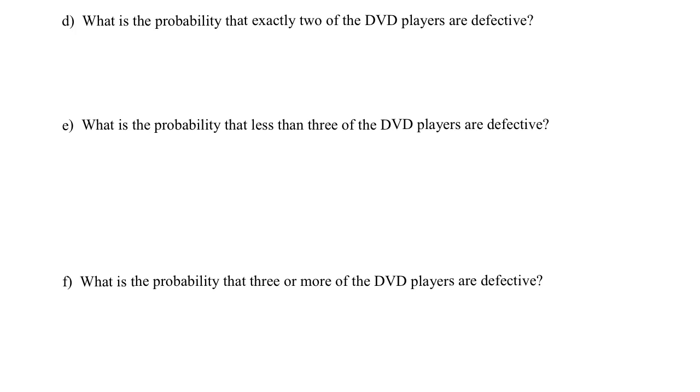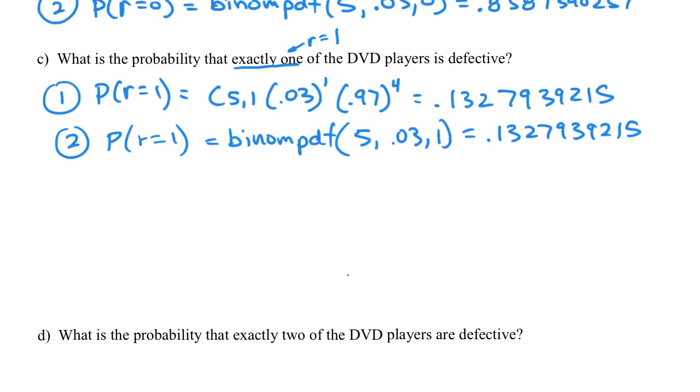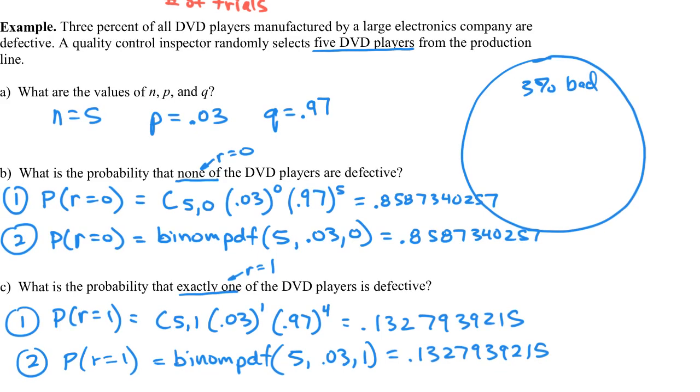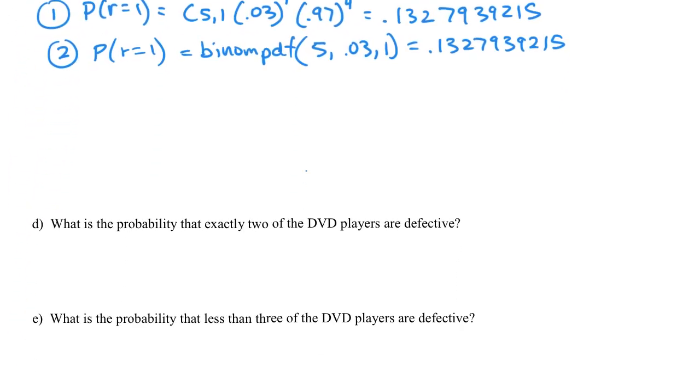Because think about what this is asking us. In this situation, this person's going to pick 5 DVD players. Only 3% of them are bad, and this person's going to get 2 bad ones out of the 5. So somebody's kind of got bad luck, right? To get 2 of the 5 bad, when there's only a 3% chance of any being bad. So we know there's a 13% chance of 1 of them being bad. So to get another bad one in that pile is probably going to be a low probability, but let's see